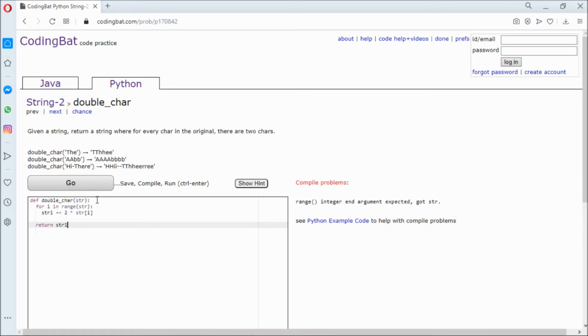Okay, so I think we need to define str. Oh yeah, we don't have to take the range because we are taking every single element in this. Yeah, so we defined a separate string in which we will store the value. Then in this loop, i will iterate over every single one of the characters, like here it is t, h, e. So first we will take t, then we will duplicate it and add it there. So str1,